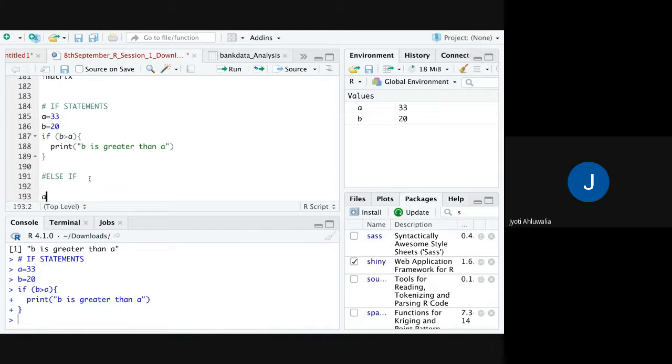Let A be equal to 33 and B also equal to 33.